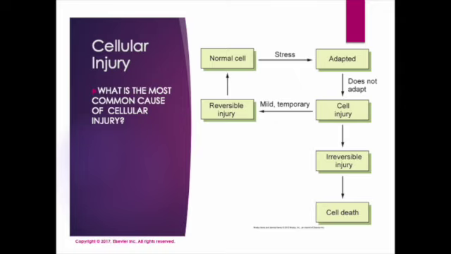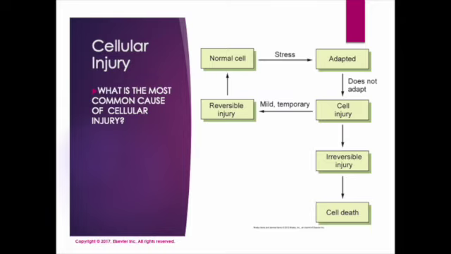What then is the most common cause of cellular injury? If you chose hypoxic injury, you're correct. The most common cause of cellular injury is actually hypoxia, and this is the lack of sufficient oxygen supply to our cells. Hypoxia can occur for various reasons, such as decreased blood flow, which is also called ischemia. Hypoxia can occur if a patient has respiratory problems or a reduced oxygen carrying capacity of the blood, also known